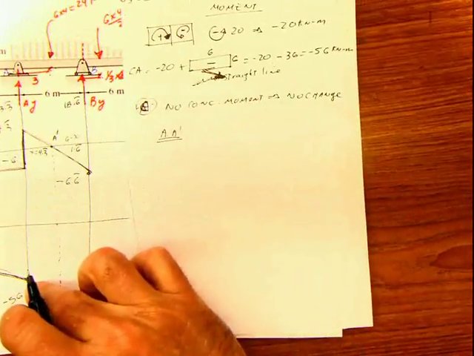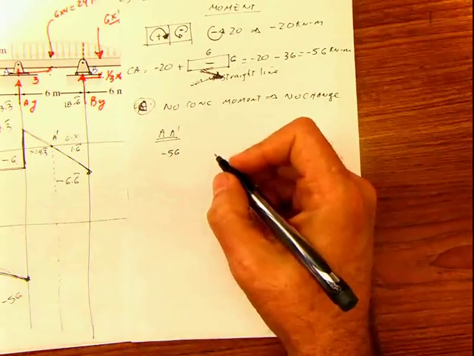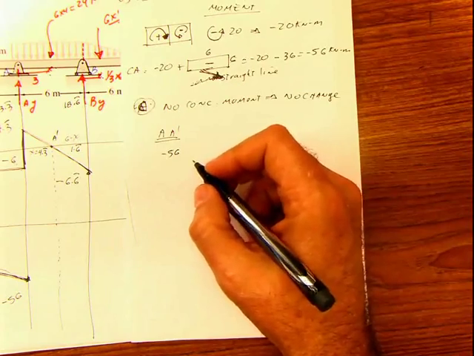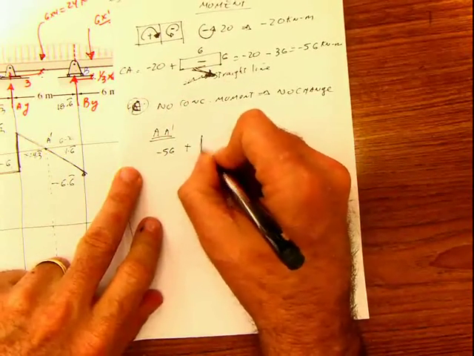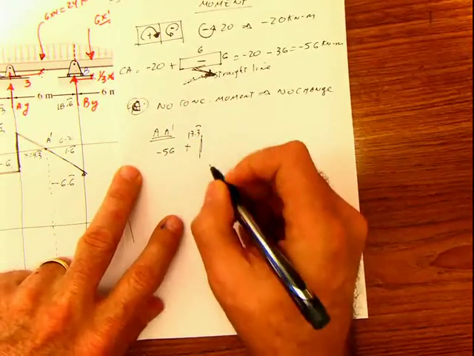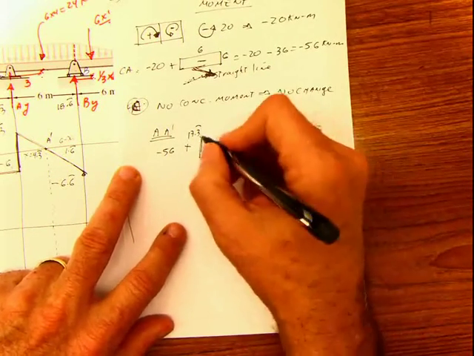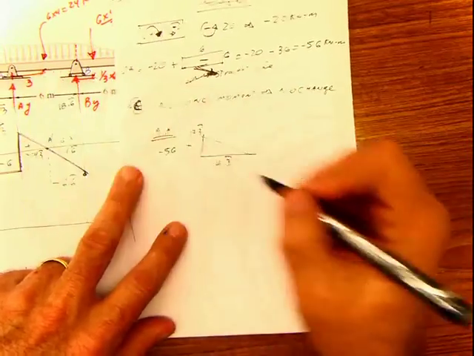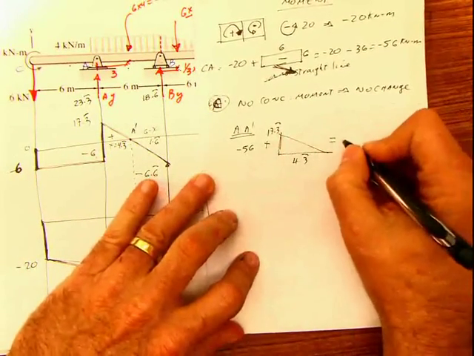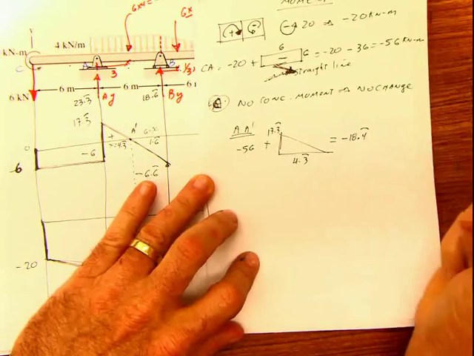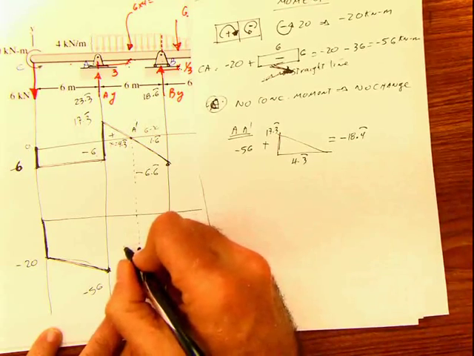I had this value first of negative 56, and that negative 56, then I'm going to add this area, and that area is 17.3. This distance is 4.3, and this is positive because it's plotted above the axis, 17.3, and this is 4.3. When I do this, I get negative 18.4. And at the same time, this value here is going to be negative 18.4